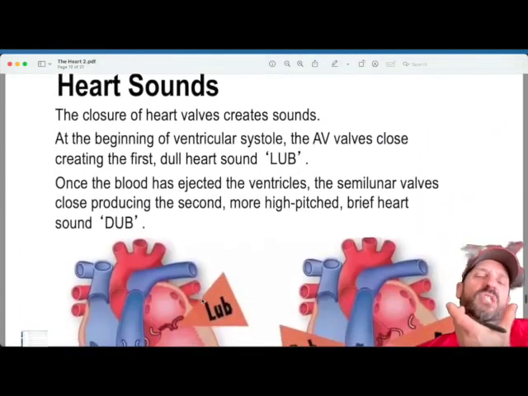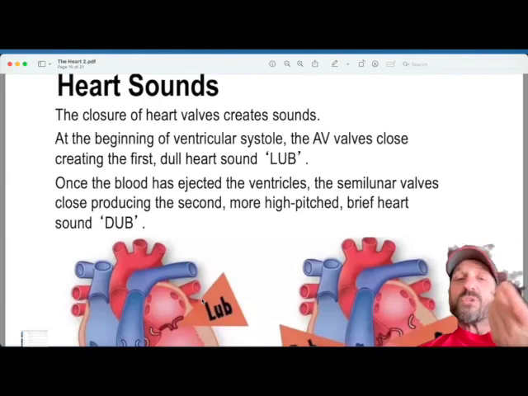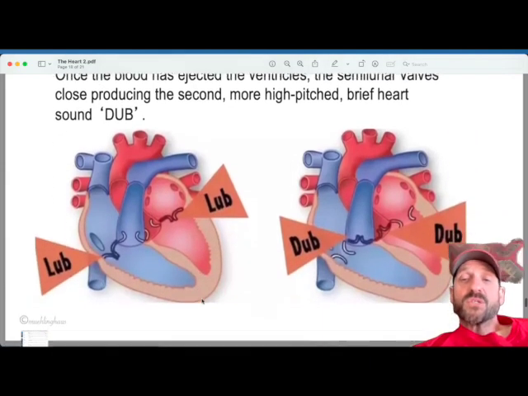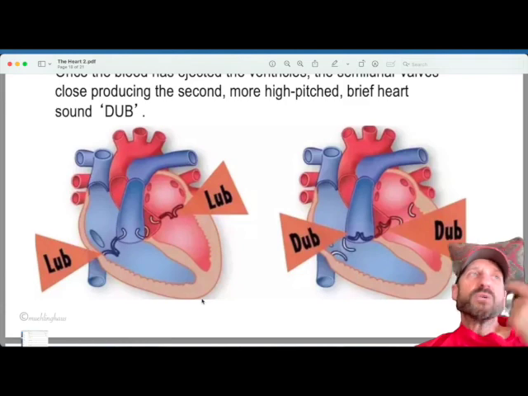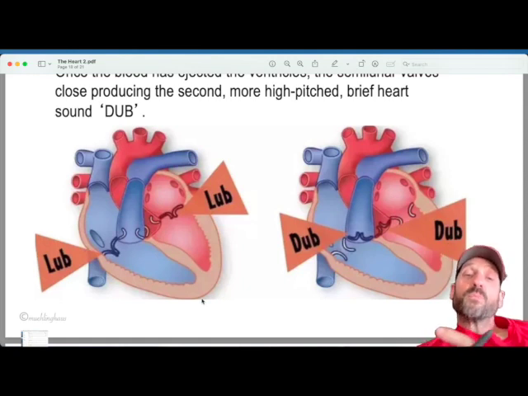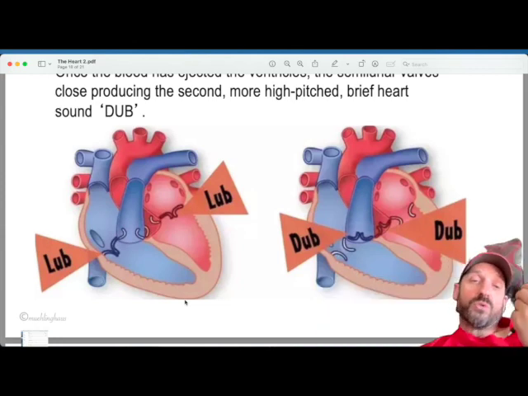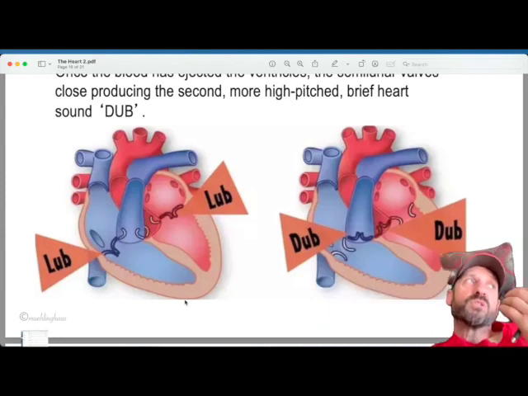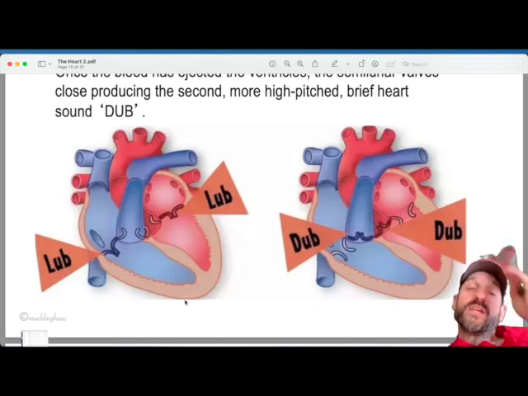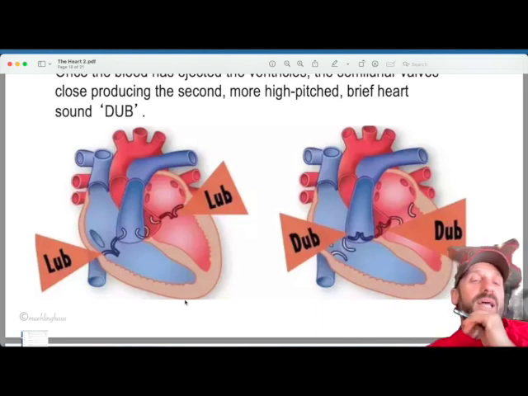And then we have heart sounds. You probably had that happen in your life, where you go to the doctor and they put that stethoscope on you and listen. They hear lung sounds as well if you're wheezing or so, but they also listen for lub-dub, lub-dub, lub-dub. And the sounds are the closure of these doors, the closure of these valves. It's sort of like somebody slams a door real hard and then you can hear it. Although, in the heart, thank God it's not that loud.